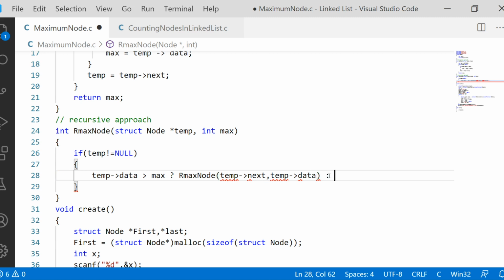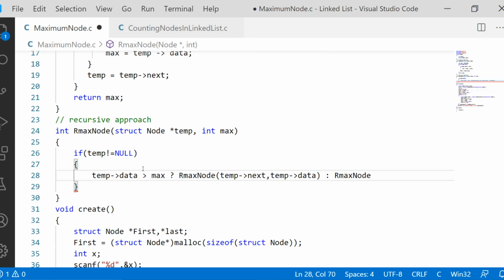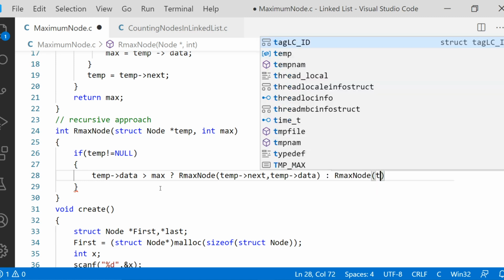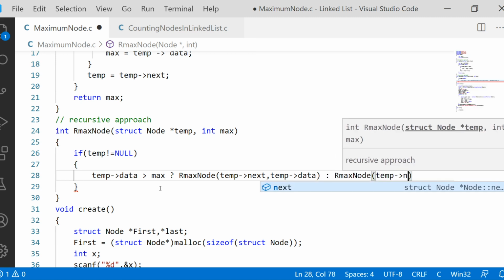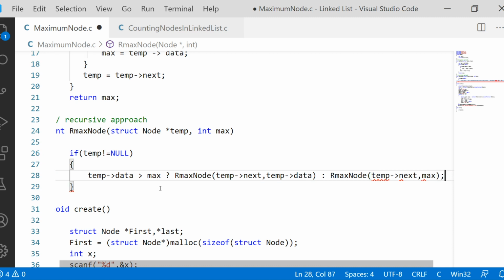Then a colon. Suppose this condition is evaluated to false, call the same function. If this condition is evaluated to true, then temp of data is the maximum element. Otherwise the max variable remains the maximum element. So we are calling the r max node function passing temp of next as the first parameter, and the same max variable as the second parameter.